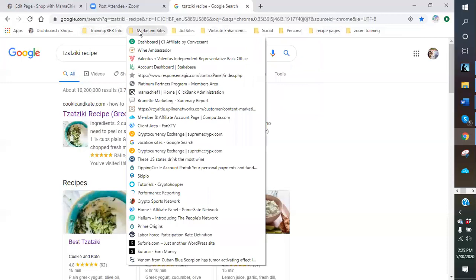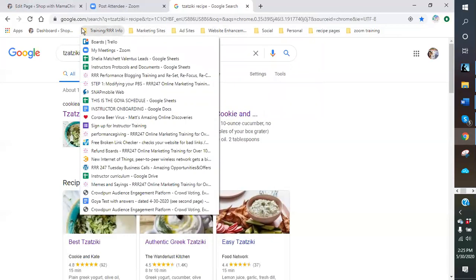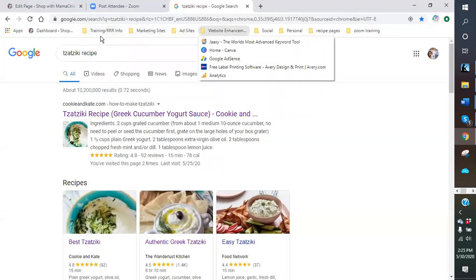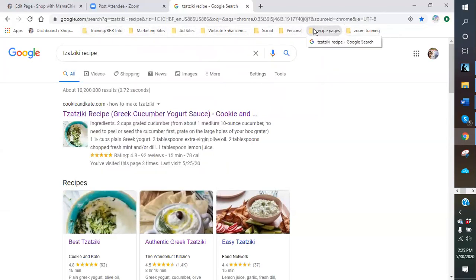So now I have that. So if I want to look for my ad sites, because I had something in here that I wanted to do. And another thing you need to bookmark is your website. It should be bookmarked after you get in, bookmark it. So then if I wanted to come here and have another one,